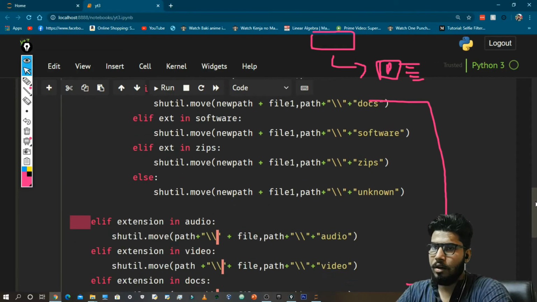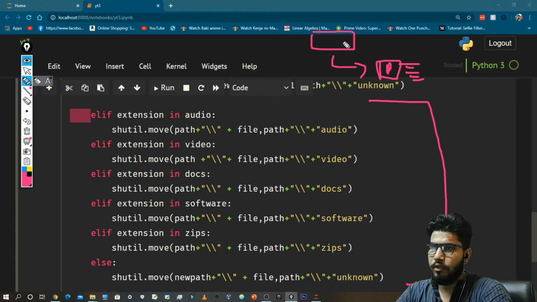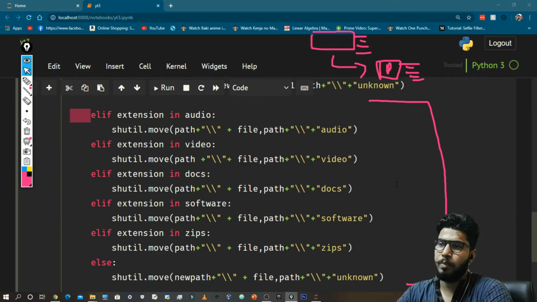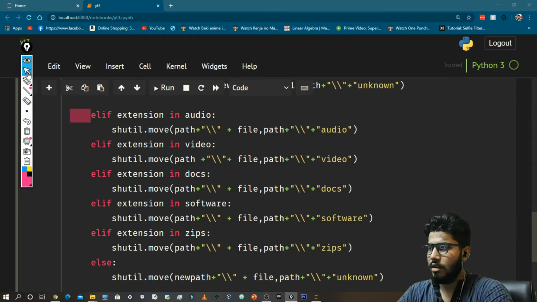Okay, now all these conditions are going to run for the files that are in this folder, and you must go through this program at least twice or thrice to understand it completely. But I think that this is going to work, and now let me just run it.